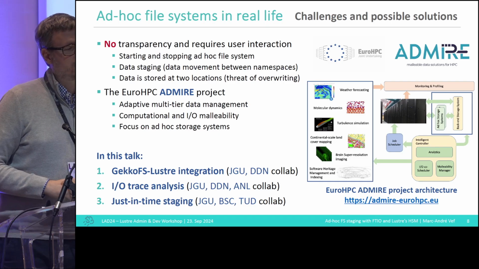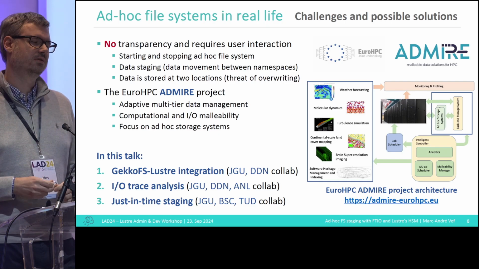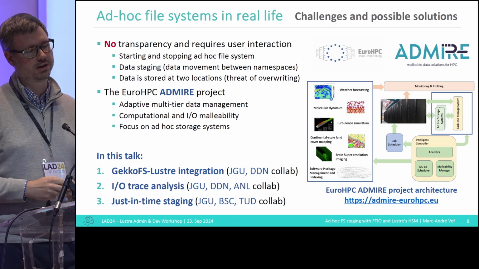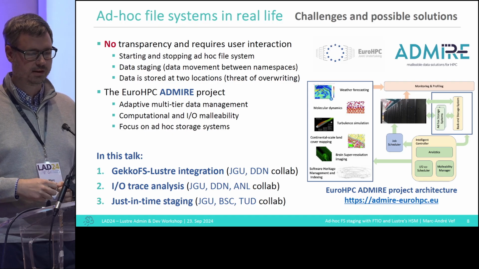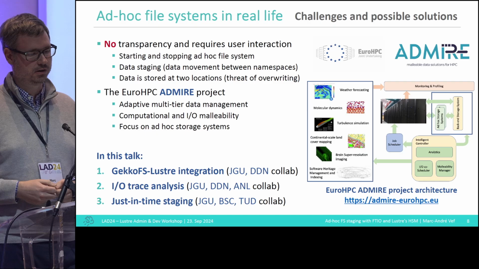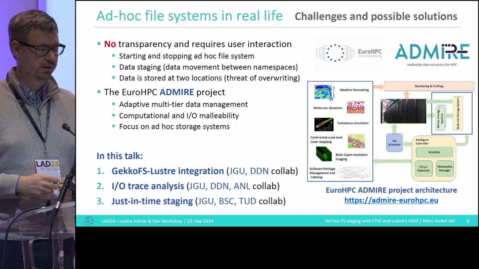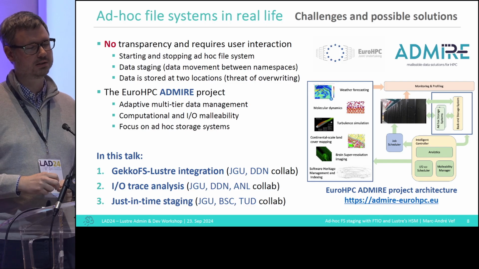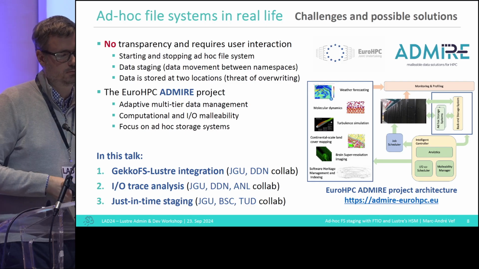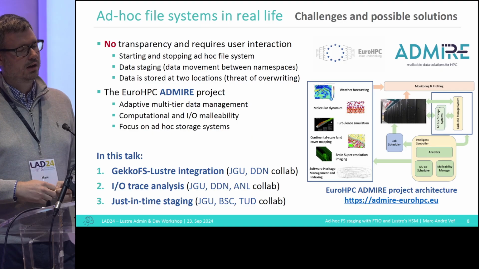So the issue with ad hoc file system is that there is no transparency. Users need to deploy their own ad hoc file system, they need to move the data between the namespaces, and you have the data actually stored at two places, right? And the EuroHPC ADMIRE project is about adaptive multi-tier data management,